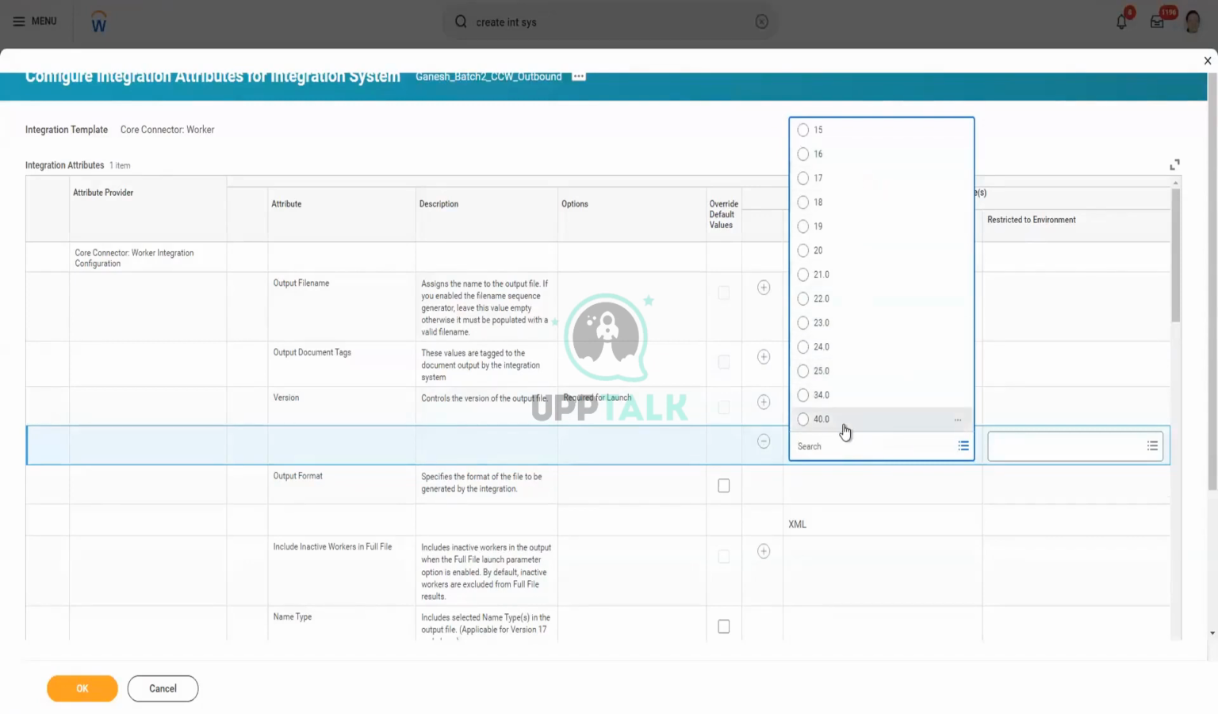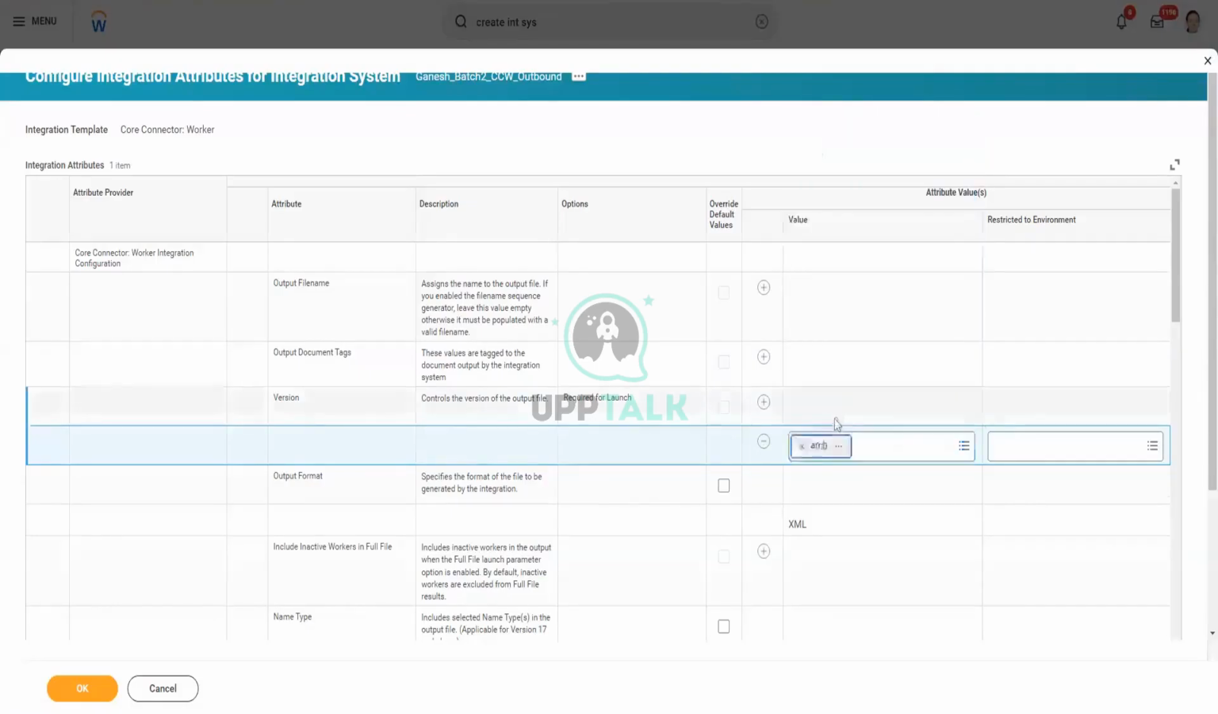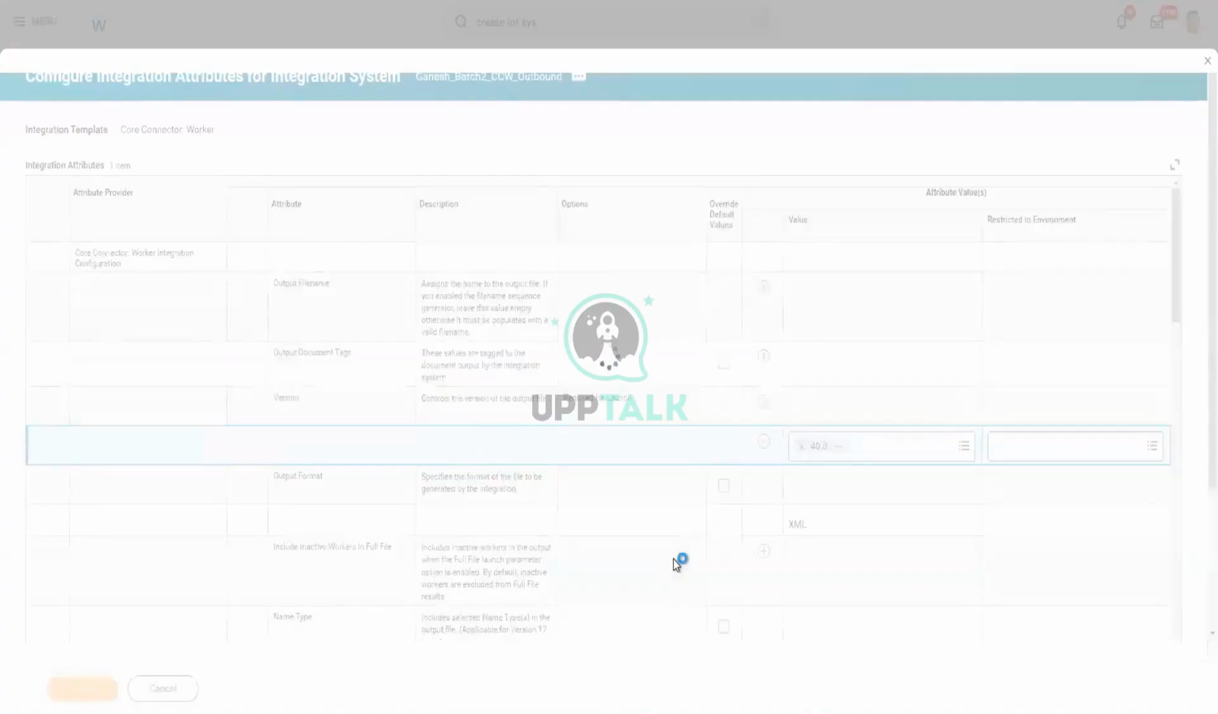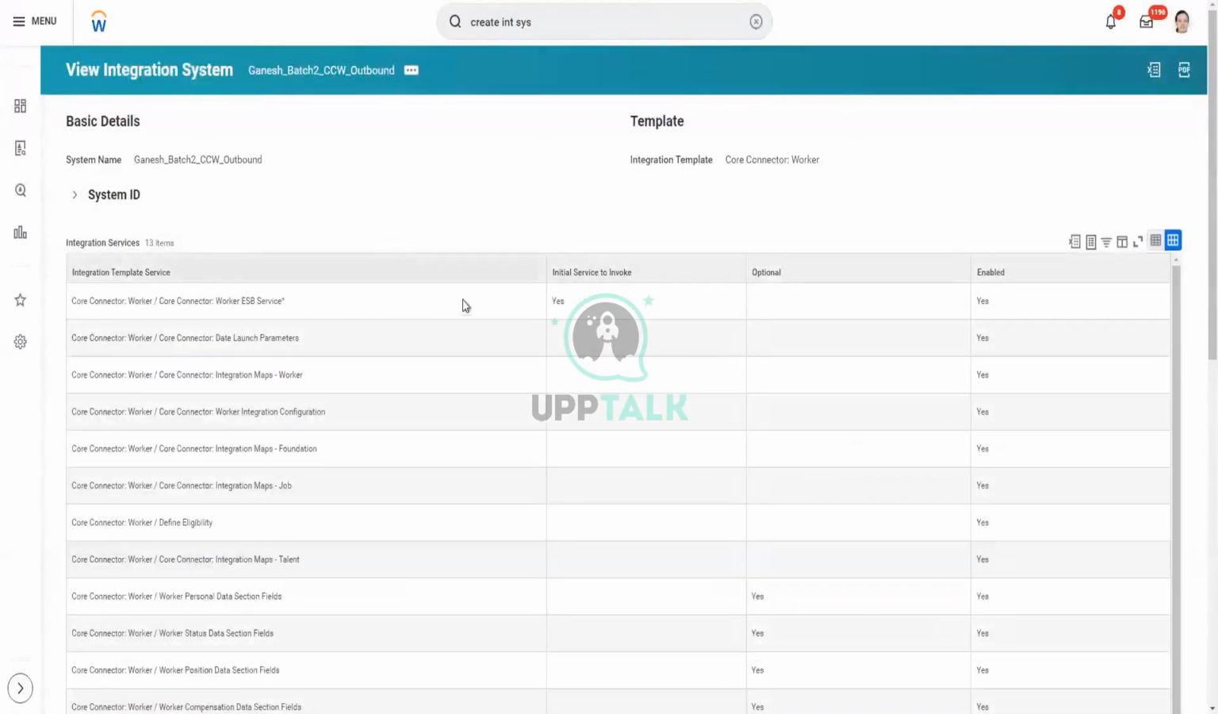The latest version which I can see is 40.2. I am going to select 40. This is the latest version. Now if you click on that, the error will be resolved. If you click, you will not see any error. See, the error is gone. There was one field in the field attribute which was mandatory,